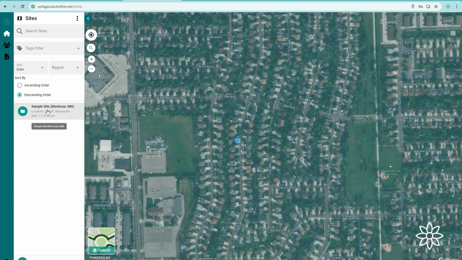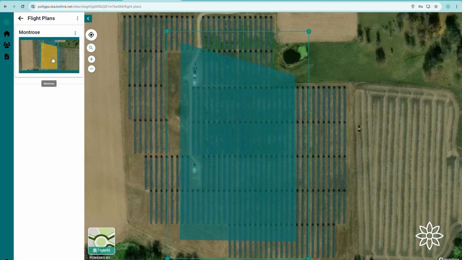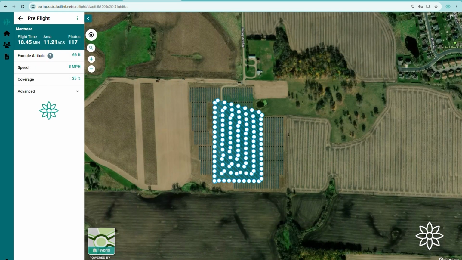So we'll go into our sample site. It's over in Montrose. Let's check out our flight plans. We just have the one. It's the area in orange. That's our actual flight plan. The area in blue up here is the site area. So we'll click on this and then take it to our flight planning screen, which should look pretty familiar with